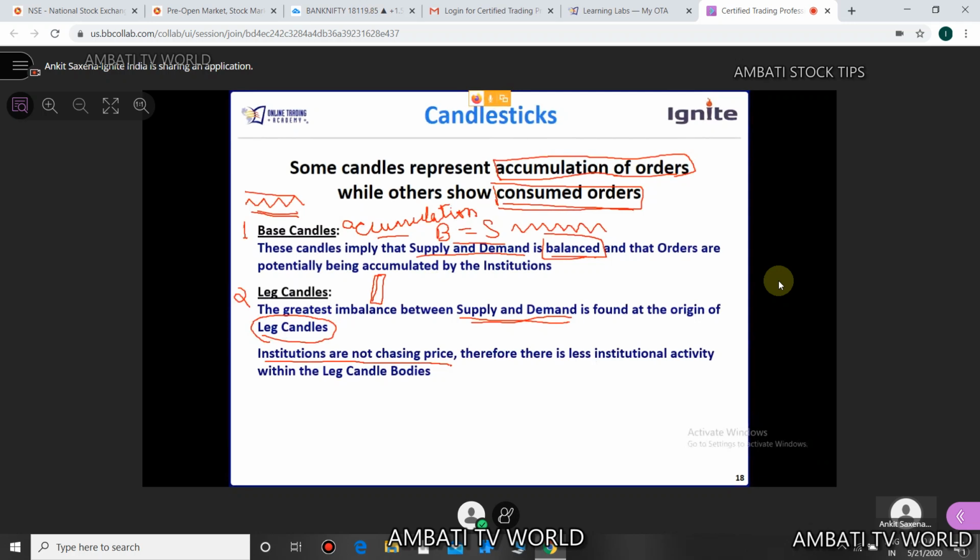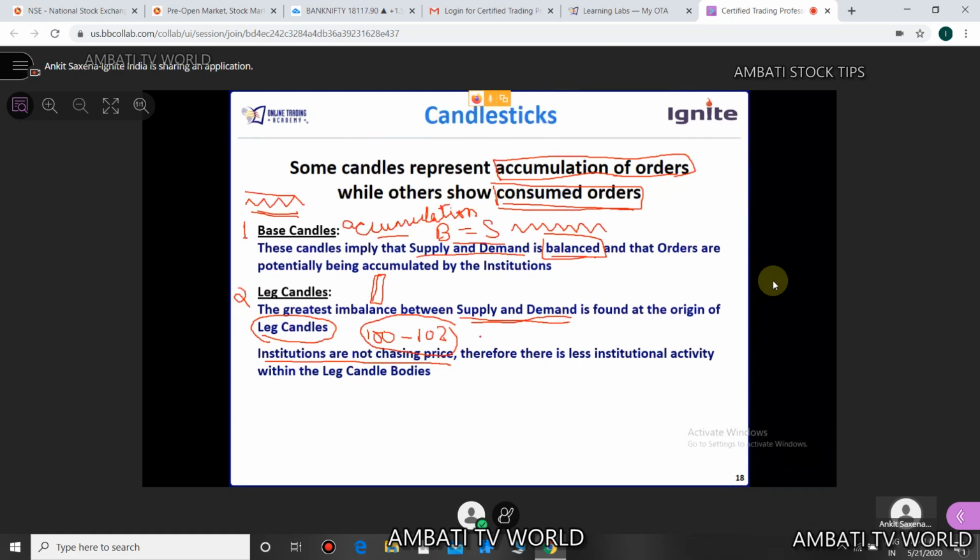I have seen an institution trading desk, and if you happen to get a chance to see one, you will see that institutions always place orders in a range, and it's not a very huge range, it's a very narrow range. So let's suppose if it is a 100 rupee stock, they will give a range of 100 to 102. In this 2 rupee range,